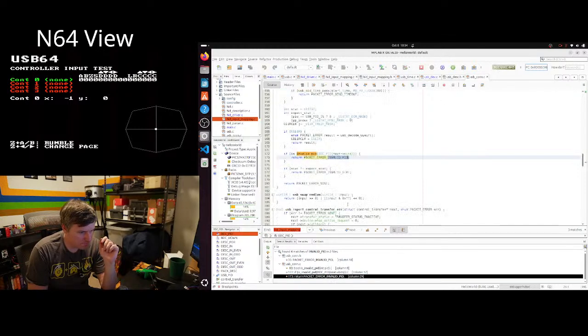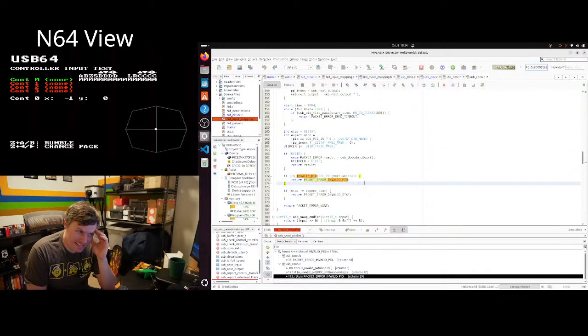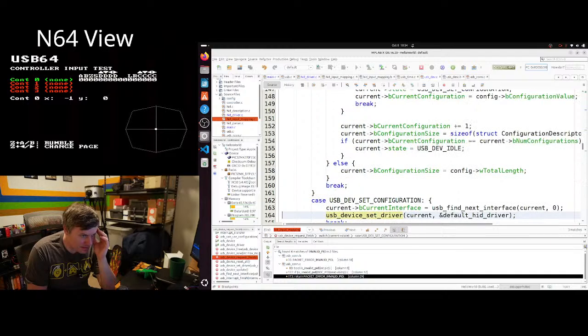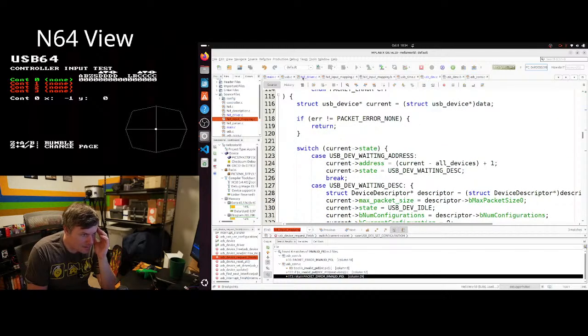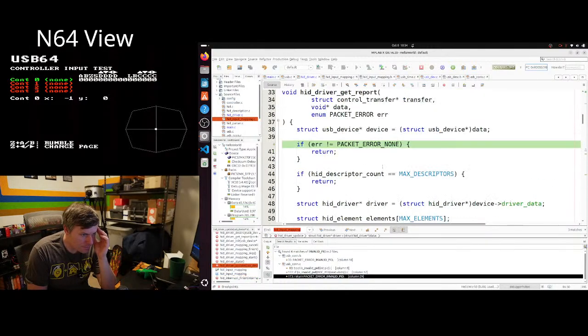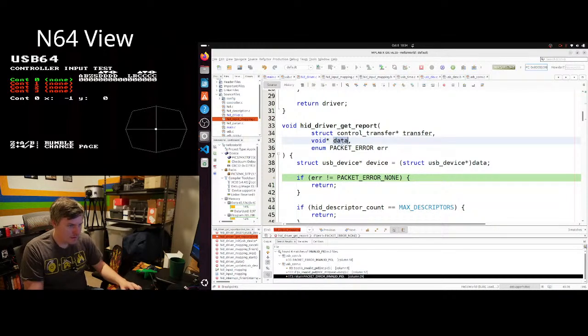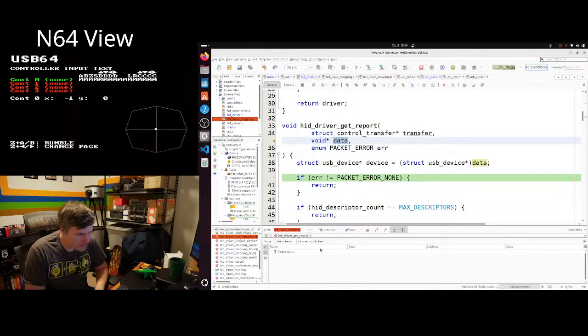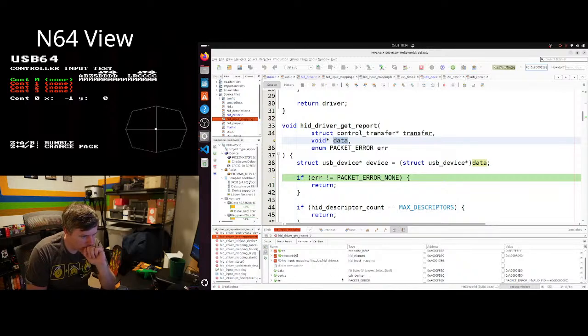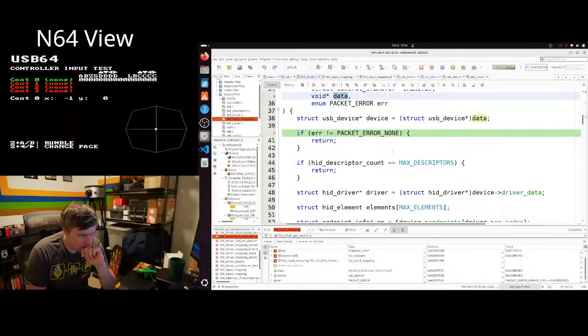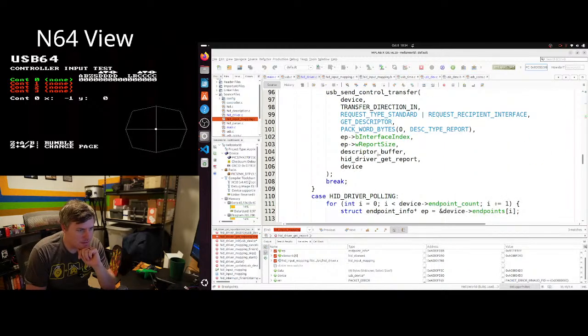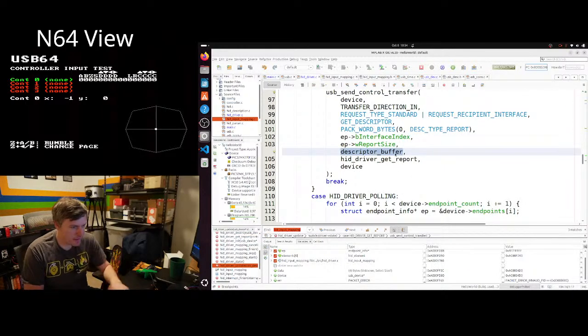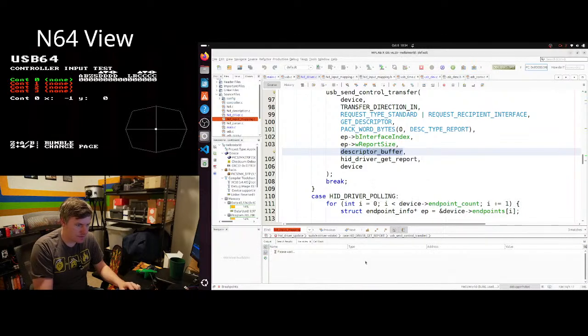Okay. I might just ignore the error and see if it works anyway. But first, before I do that, I can't remember where I was. I was in the HID driver. I was up here. Okay, yeah. So the data here, 4 bytes unknown size, is actually being dumped into descriptor buffer. Yeah. So if I just watch descriptor buffer,